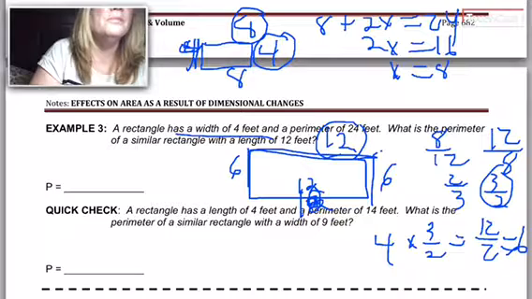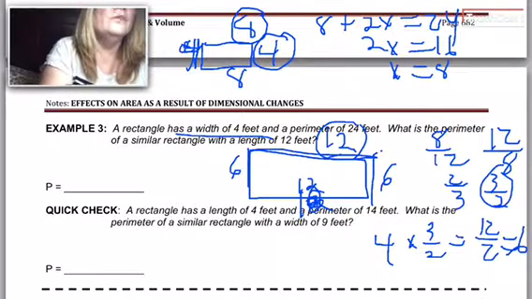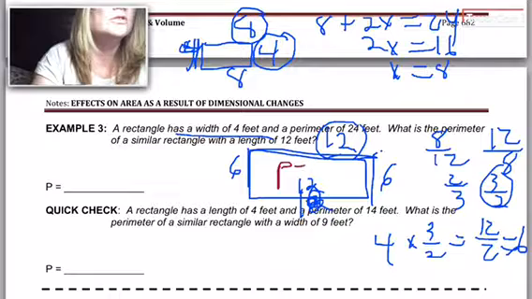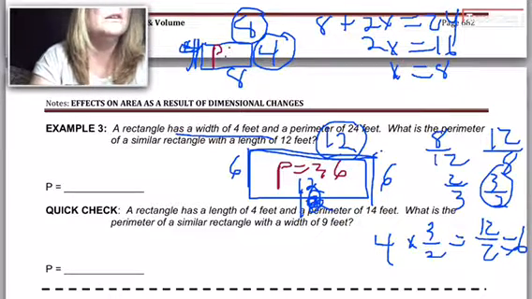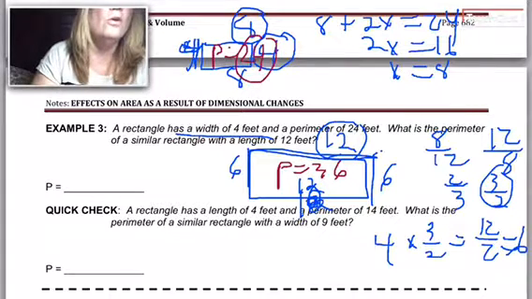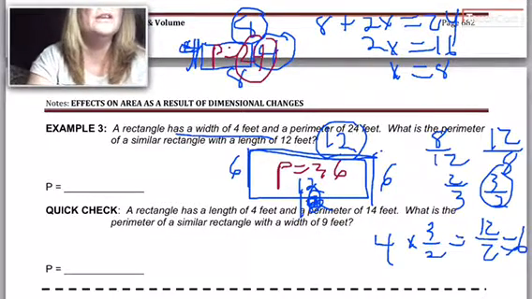So what is the perimeter of a similar rectangle? 12 plus 12 is 24, 30, 36. So the perimeter of this is 36. And the perimeter of this one was 16, 17, 24. So we could do it this way by actually drawing the picture, or we can use the rule, which says